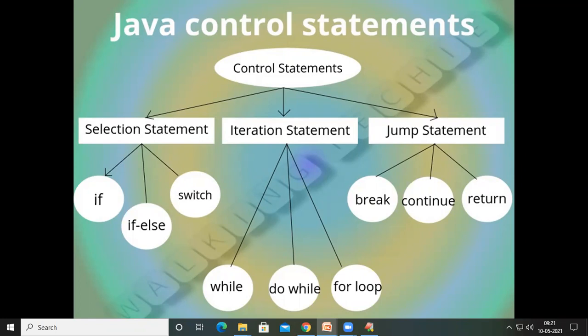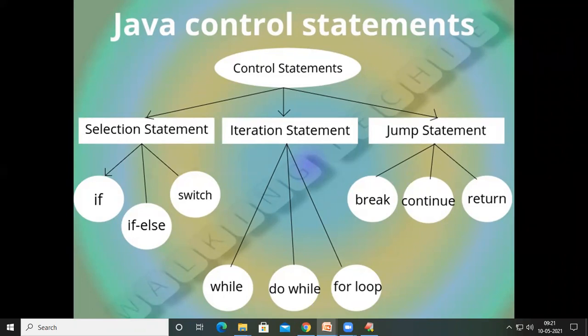Under the iterational statements, we have while, do while, for, and at the same time we can have nested while, nested do while, nested for. And in the jump statements, we have break, continue, and return. I'm going to explain these control statements with examples in the next class, right?